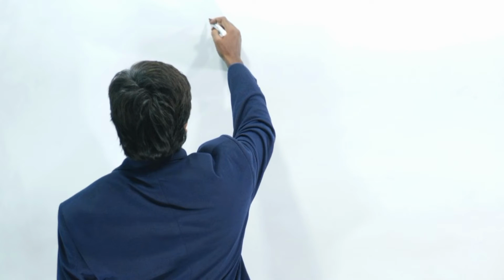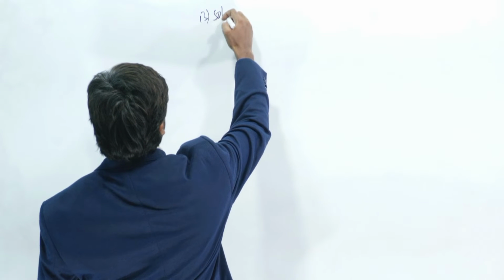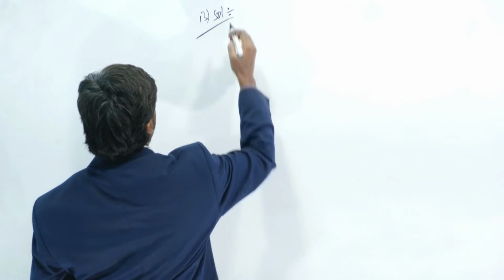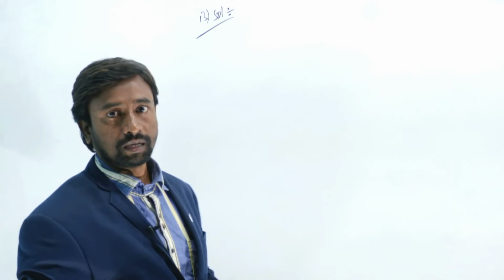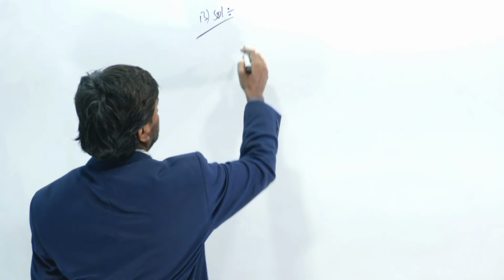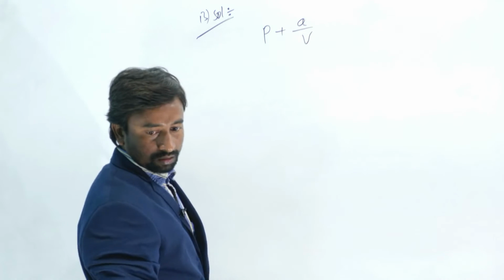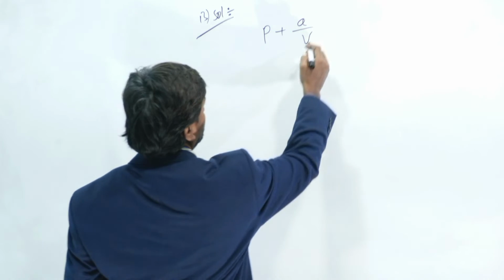Thirteenth one. The dimension formula of a constant A in the van der Waals equation. So the van der Waals equation is given here. This is an important question. It came in the previous NEET paper, previous mains paper. So the equation is given here: (P plus A by V square)